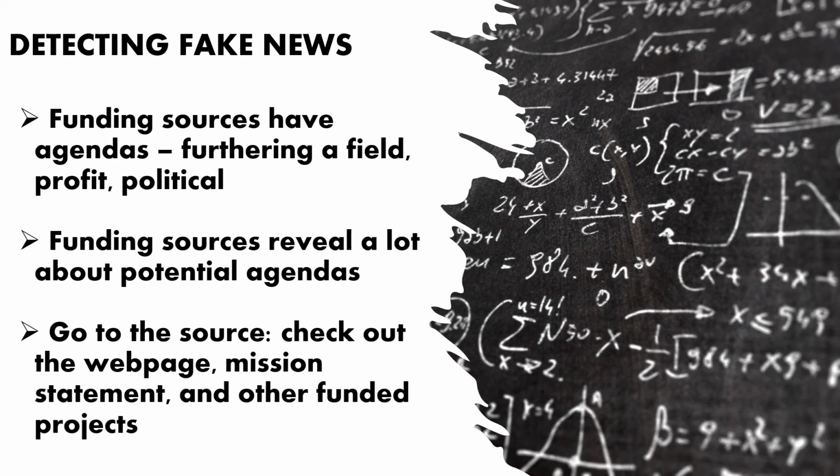It is also crucial to examine the funding sources. Funding sources also have biases. In fact, often the biases of the funding agencies are the ones that really count, because these are the biases that are most likely to be reflected in news stories. Legitimate news sources and organizations and experts should make their funding sources apparent on their webpage in the sections on About the Company, Background, or Mission Statements. Ultimately, the question to ask is what type of information or representations might serve the interests of these funders?